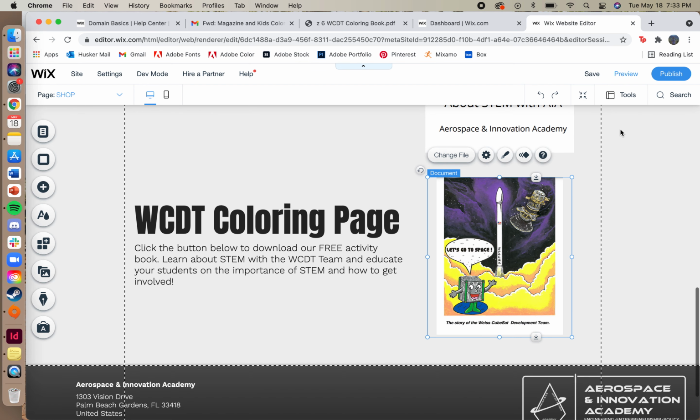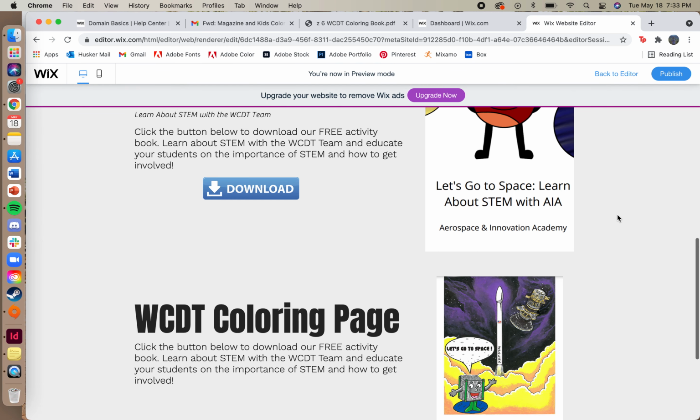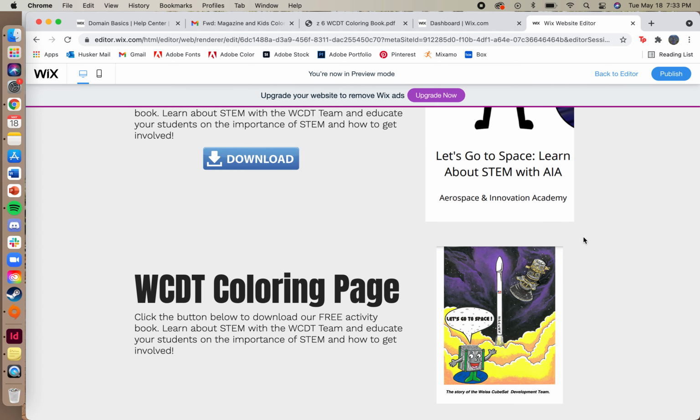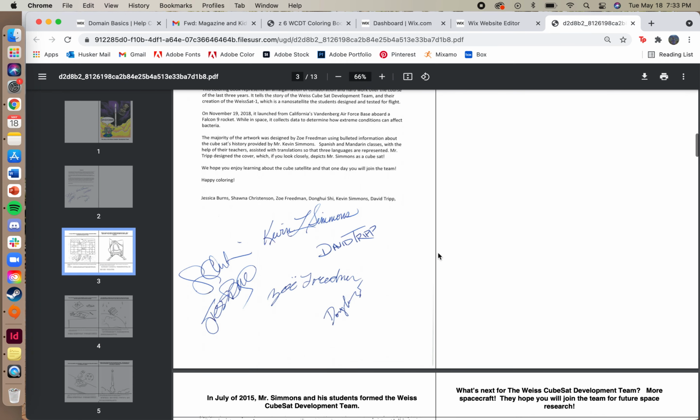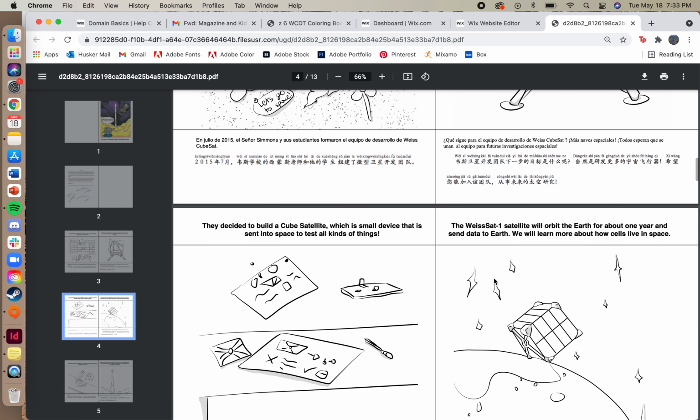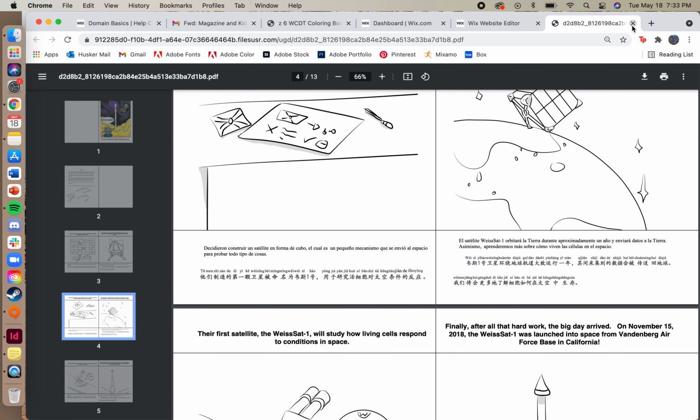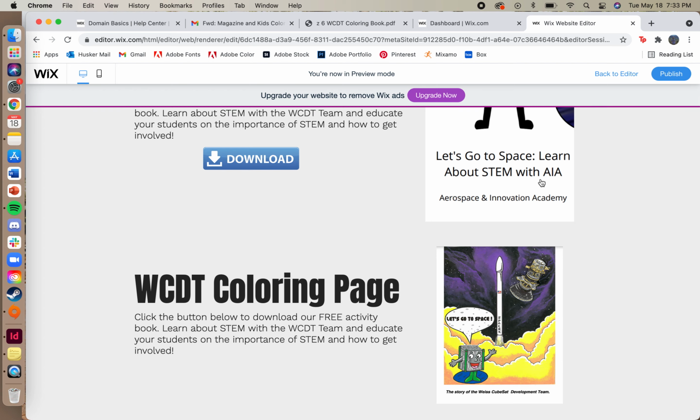So now when I preview the page, and like I said, you can specify this. When you click on this, it'll open it in a new tab, and it gives people the option to download it or to just view it directly from here. And for free. They don't have to pay for it, obviously. And so yeah,